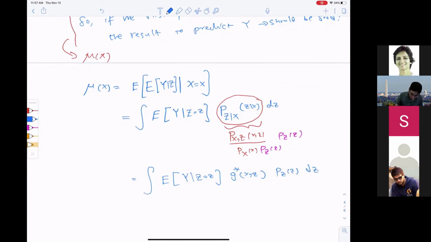Now the first result that they have is the following. This predictor is good if x and z have shared information. So if I look at the difference between mu of x and a joint predictor of y, when it has both x and z, the error is small. This predictor is good. And the error can be bounded by